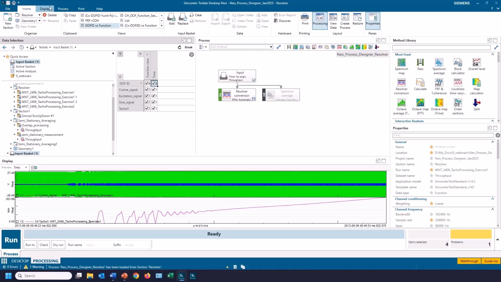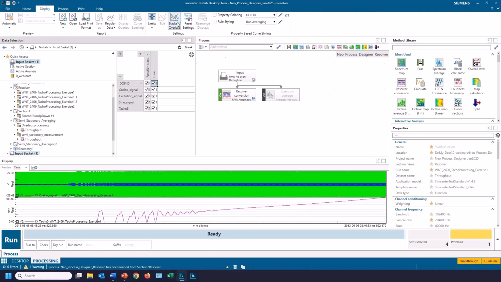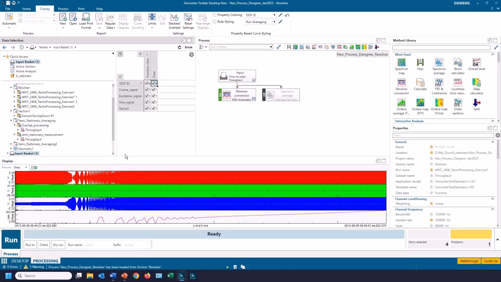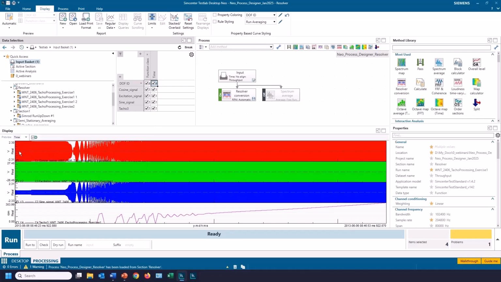Then I could always look at this in a stack. I can change a view of that. Then I can see one of these channels is the cosine, one of these is the excitation, and one of these is the sine, as well as an RPM channel I'm not going to use for the map.